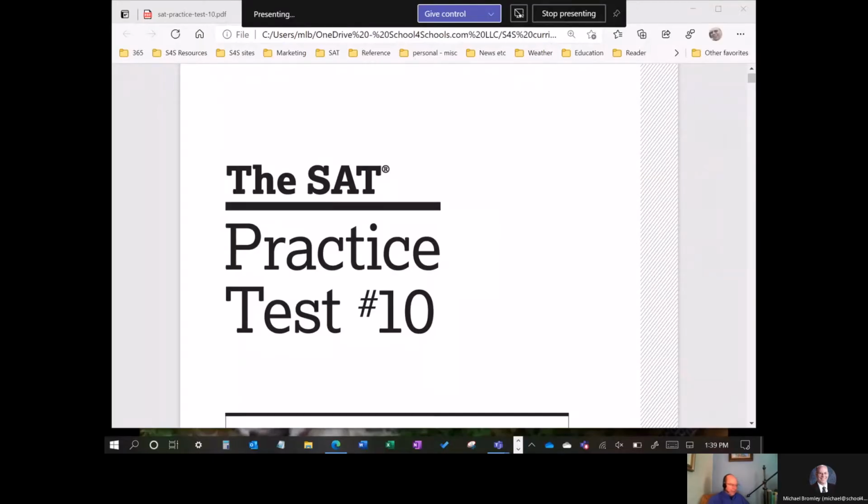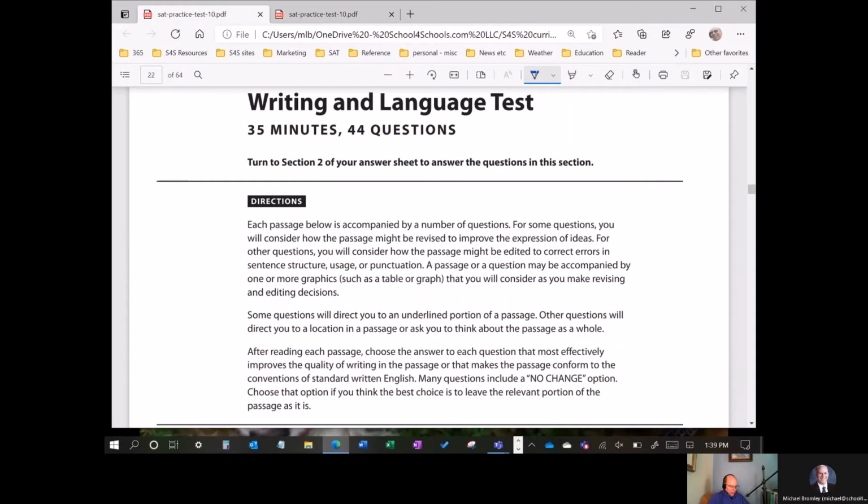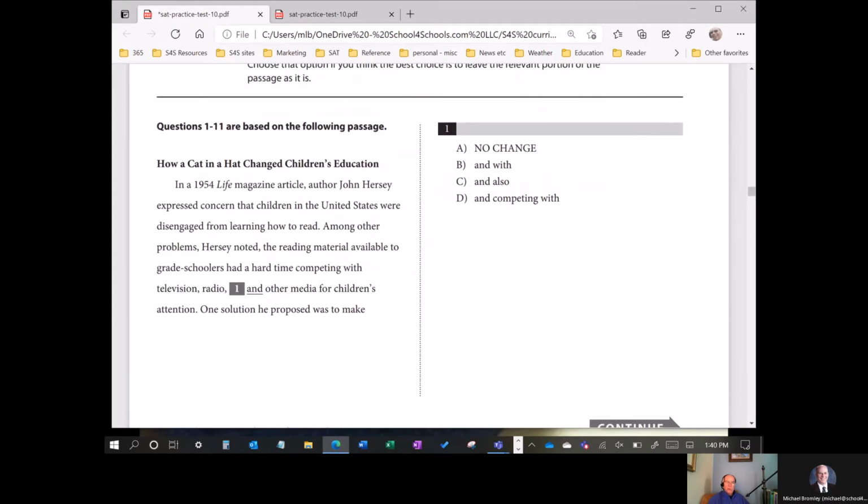Now, right now, I'm going to do the writing. Student got 4 wrong, so let's move into the tablet and go over it. Again, this is practice test 10. We're in the writing section here. The writing section, we're looking to revise improved expression of ideas, so that's usage, and we're looking for editing to correct errors in sentence structure, usage, or punctuation. So there are some key ideas which we'll go over here about what that means, but the student is going to start